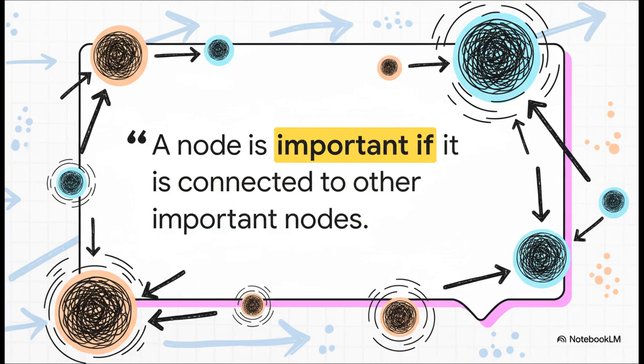It's kind of this circular idea. Influence isn't some fixed number, right? It's more like a current that flows through the whole network. If you're connected to a powerful person, well, that makes you more powerful. And in turn, you make your connections more powerful. It's this constant feedback loop of influence.